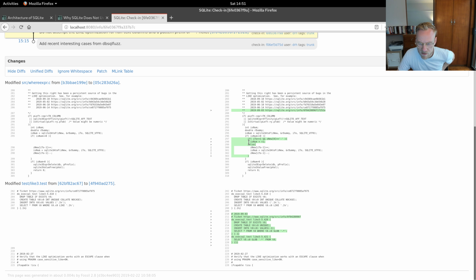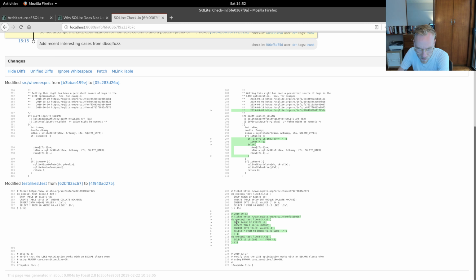It says if I2 is equal to 1 and Z new at 0 is equal to a dash, is num plus 1. Else. So basically, if the, what is that? If index 2 is equal to 1 and the Z new is 0, this, so we don't know what that is yet, but it's got this little test in it, like3.test. Do exec SQL test like3